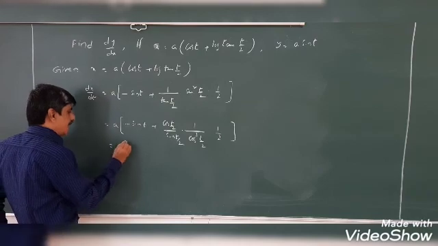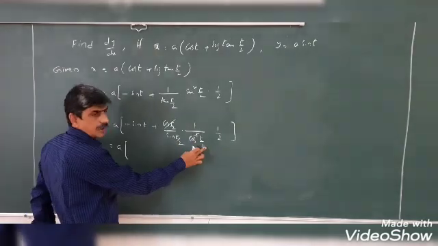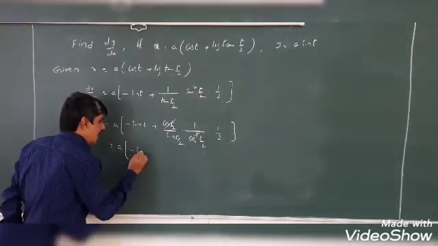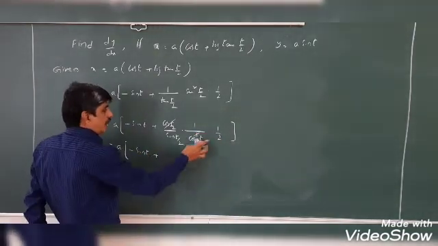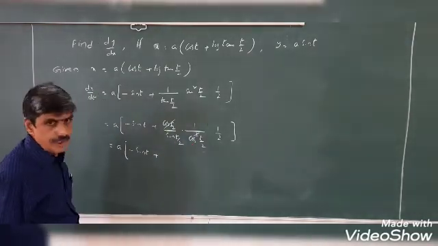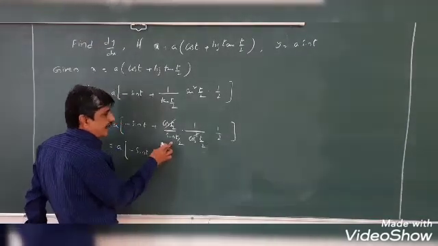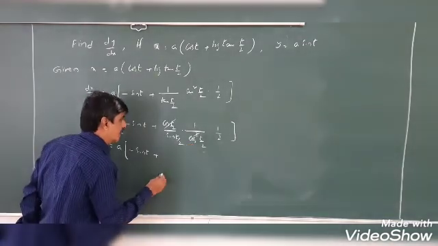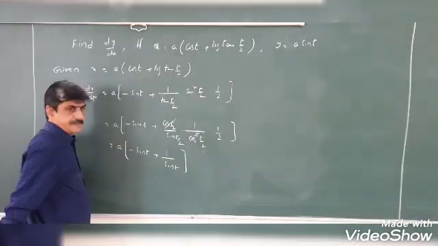So this is a into, here one cos t by 2 gets cancelled in cos square t by 2, cos t by 2 times. So this is minus sin t plus 1 by 2 into sin t by 2 into cos t by 2. Sin 2 theta is equal to 2 sin theta cos theta. Then here 2 sin t by 2 into cos t by 2 is nothing but sin of 2 into t by 2. Then this is 1 by sin t.